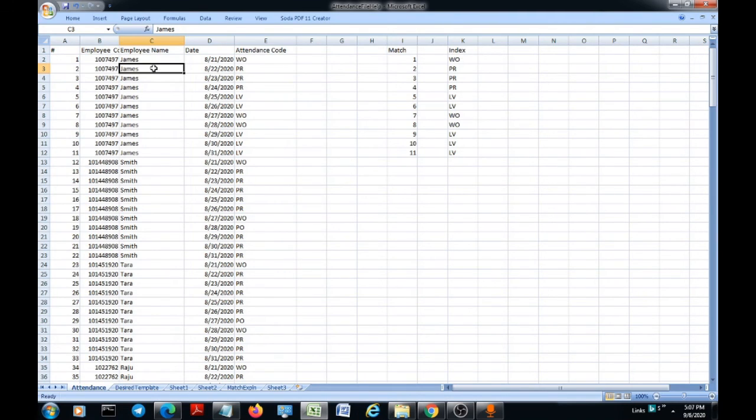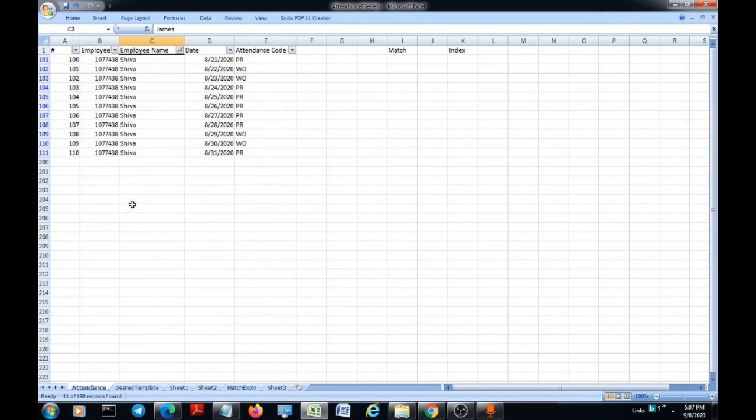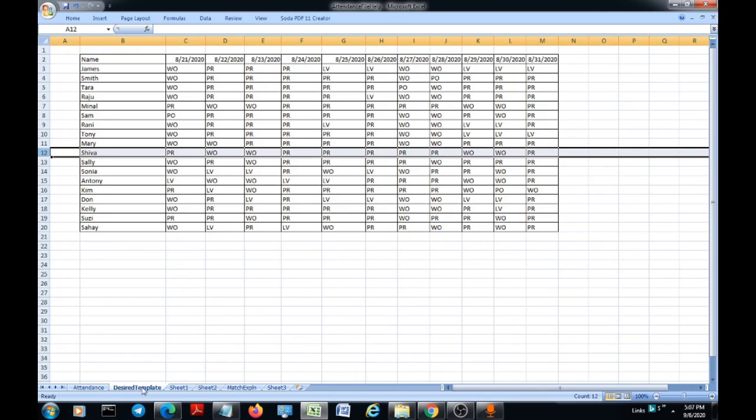A simple trick here, when you want to apply a filter, just type Control Shift L, that will automatically apply a filter. Select Shiva from the name list. Okay, and then 29 and 30, as you can see, is week of year. So our data is correct.